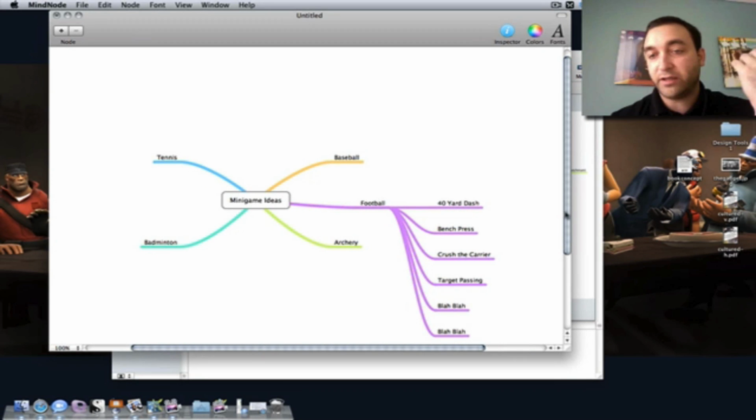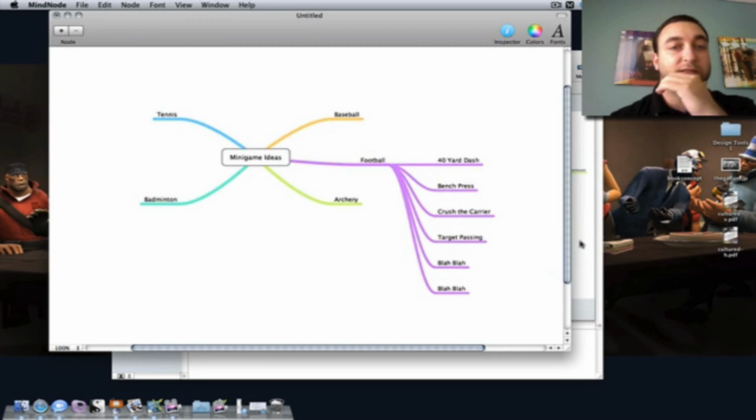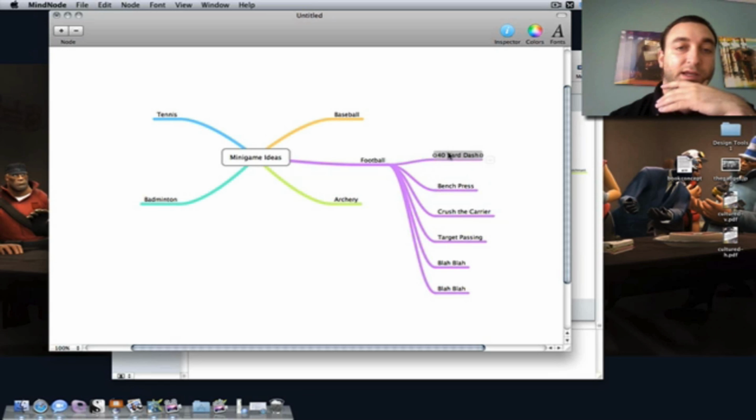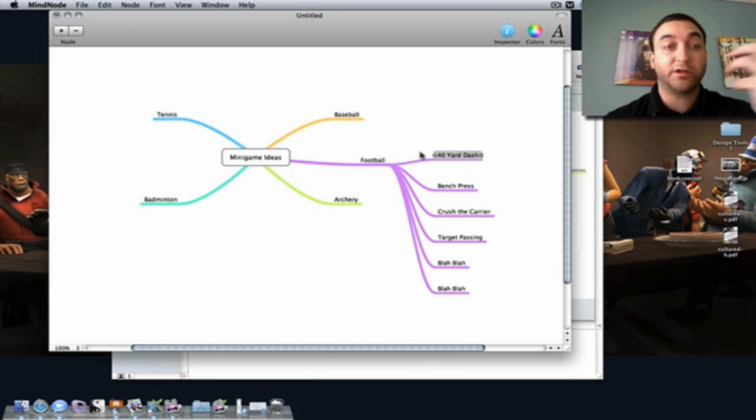or any word processor, is that you kind of see how the ideas are related. So I see that I could have made a single line in a word processor for all these different things, but I wouldn't have seen how they were related visually. And really, when you look at a picture, you access different parts of your brain as you do when you look at a list. So for designers, it tends to be a lot nicer to kind of look at these